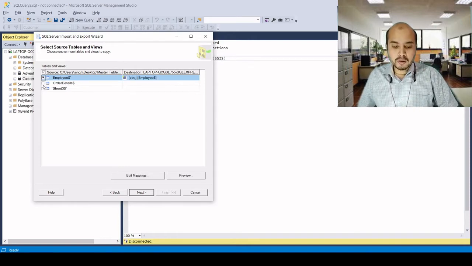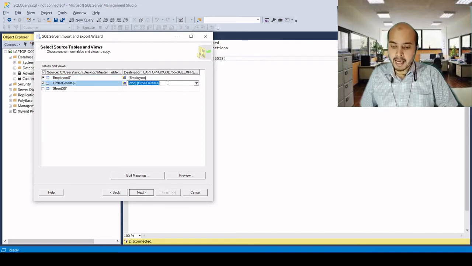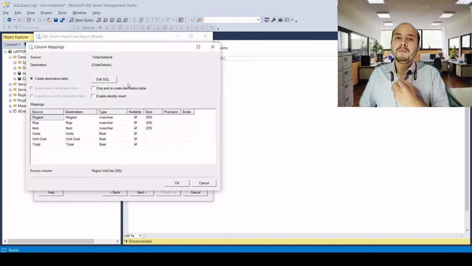I just need these 2 tables, and I want the names according to my wish. I want the name of this table to be employee, and this table name should be order details. Here you can edit according to your wish.